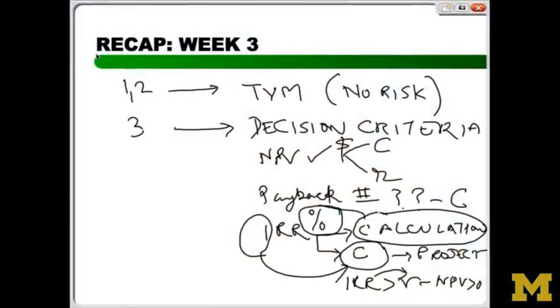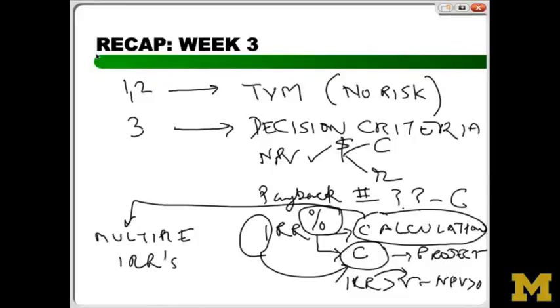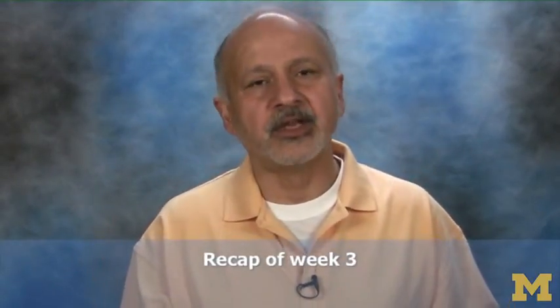We saw one issue with IRR, which was a calculation issue. Remember, we focused on calculations. And the calculation issue we saw is that you could have multiple IRRs. I don't want to talk about this too much because this is more a mechanical thing. So for example, in the last example we saw, if cash flows change sign more than once, and in our example they changed sign twice, I believe they went negative, positive, negative, you could have 2 IRRs, but up to 2. You could have 0 or you could have 1, but up to 2. And we saw in our example there were 2 IRRs, and that kind of creates another layer of unnecessary complexity